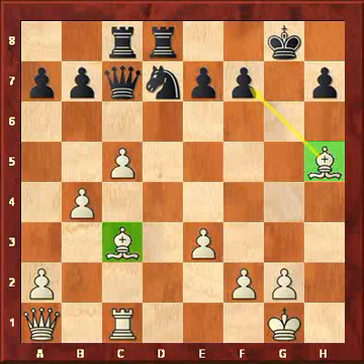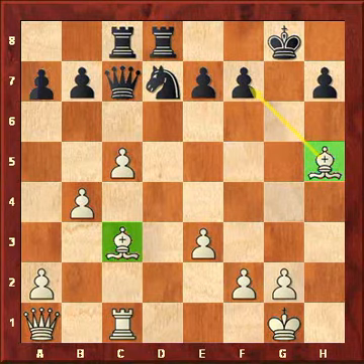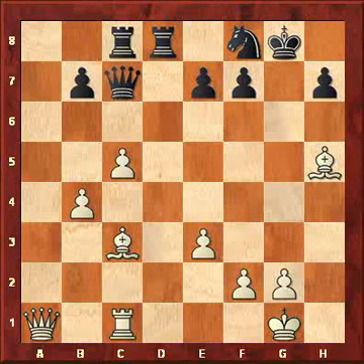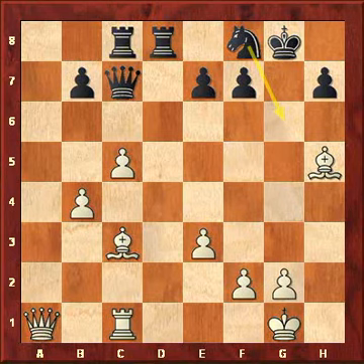The bishop from h5 started to play an important role. a5, a3, a takes b4, a takes b4, knight f8. The knight is ready to come to g6, from where it will protect the h8 square against the maneuver bishop